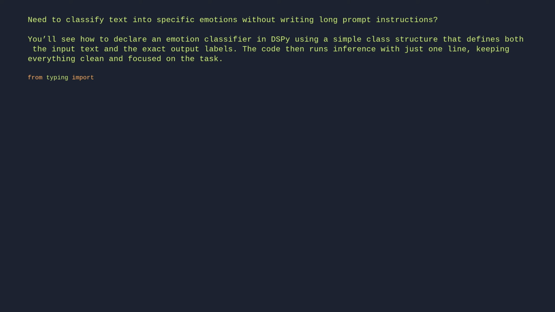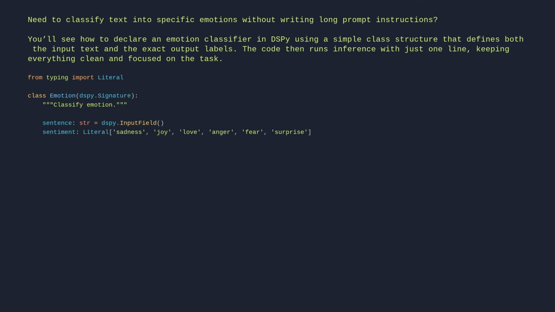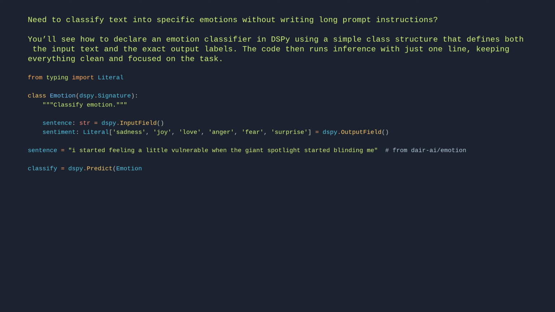From typing, import Literal. Class Emotion(dspy.Signature): "Classify emotion." sentence = dspy.InputField(). sentiment: Literal['sadness', 'joy', 'love', 'anger', 'fear', 'surprise'] = dspy.OutputField(). sentence = "I started feeling a little vulnerable when the giant spotlight started blinding me." # from dair-ai/emotion. classify = dspy.Predict(Emotion). classify(sentence=sentence)